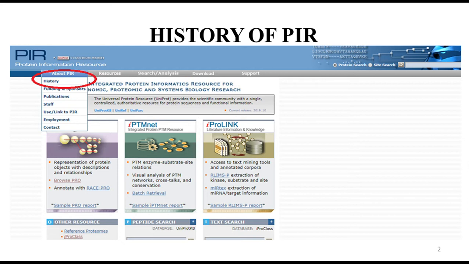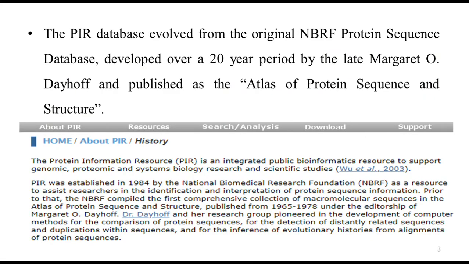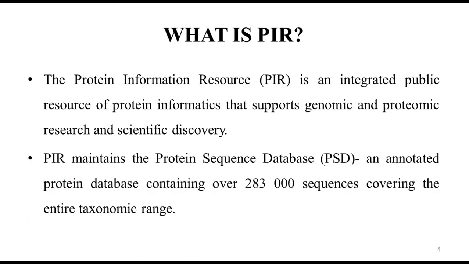PIR was established in 1984 by the National Biomedical Research Foundation (NBRF) as a resource to assist in the identification and understanding of protein sequence information. It was also published as the Atlas of Protein Sequence and Structure. The Protein Information Resource is an integrated public resource of protein informatics that supports genomic and proteomic research and scientific